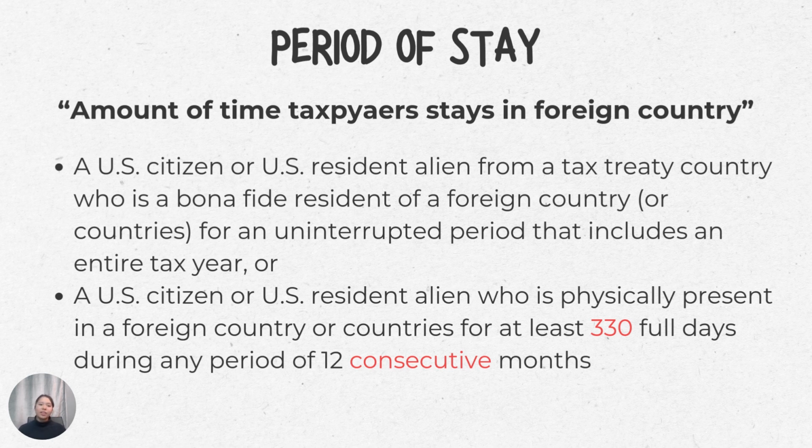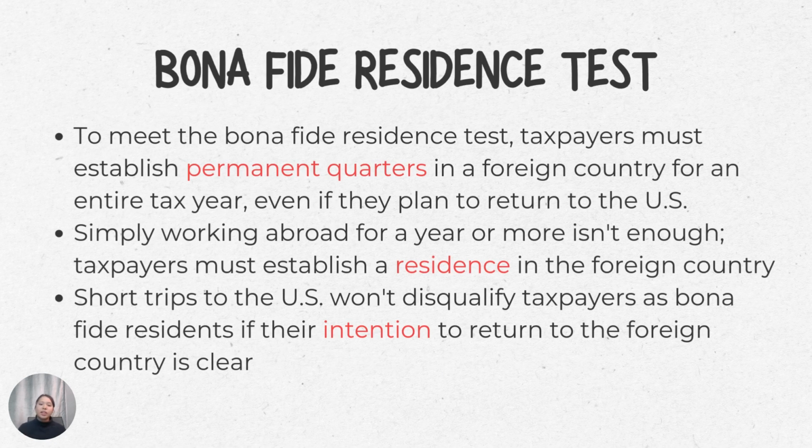So this is kind of like the presence test that we had in the resident or non-resident alien lesson really early on in the channel. I think it was unit 1. So you need to determine the period of stay, if they're actually living in the foreign country, if they're living in the US. And this segues right into the second test that you need to do in order to determine if the taxpayer can claim the foreign income credit. And that is either they pass the bona fide residence test or the physical presence test.